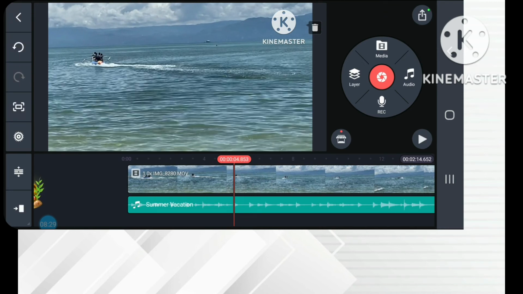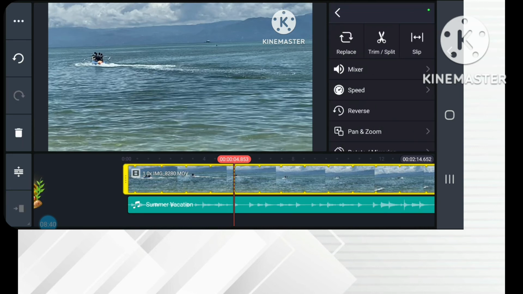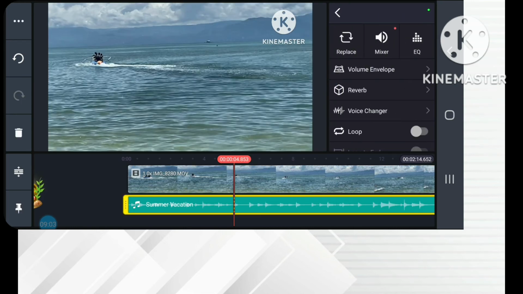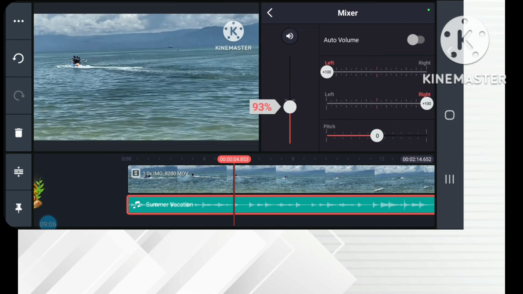If I am the viewer, I really prefer that I hear more of the beautiful background music rather than that irritating sound of the motorboat. So what we will do is we go back again and do the original sound of the video, which is the motorboat sound. I don't like to hear a lot of it. So I will just put the motorboat sound at like 25%, and then I'd rather have my background music louder, so I will put back my background music to 100%